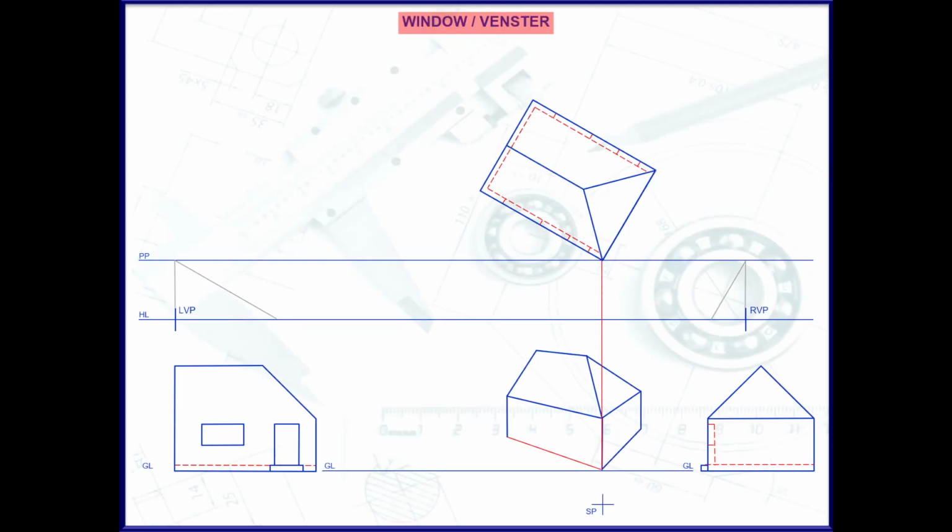Next, we can determine the depth of my window. First, I need to get my height line. I'll project from my front view to my perspective till it intersects with my height line, and that will be the bottom part of the window that I will project back towards my left-hand vanishing point. For the top part of the window, I'll project towards my perspective. Where it intersects with my height line, I'll project that towards my left-hand vanishing point.